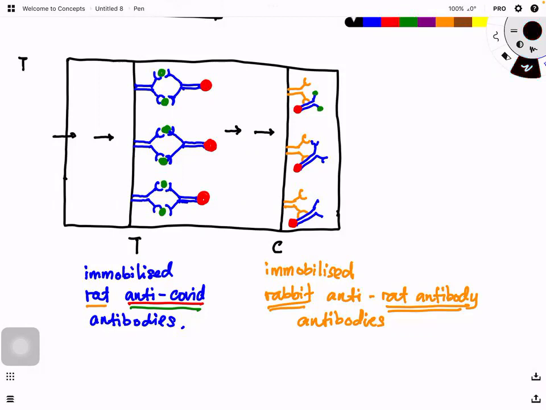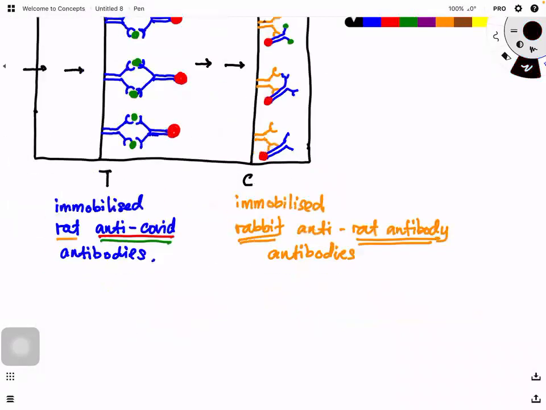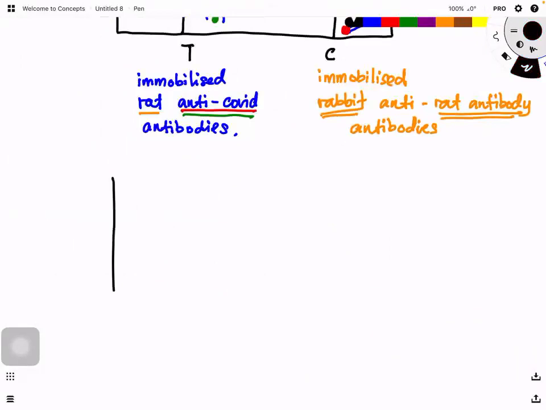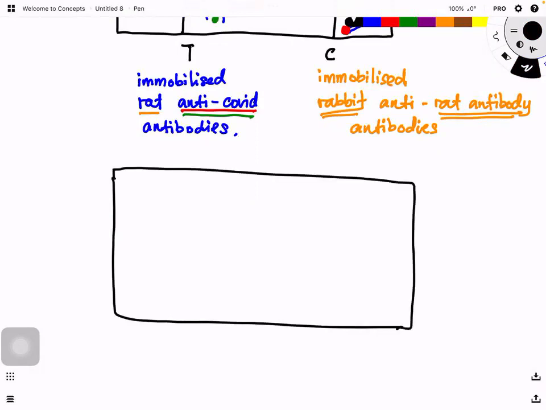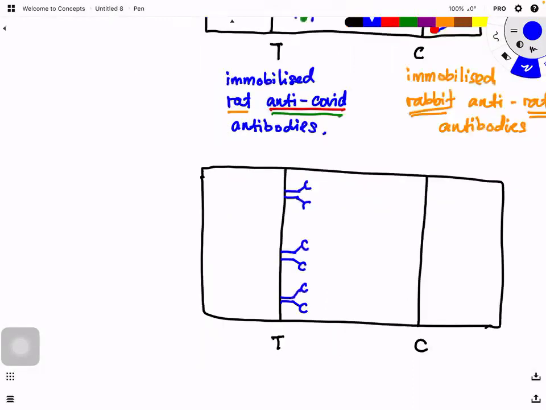Now, how about negative? What will happen in negative? Now, if negative, you'll be able to explain to your parents now. So T and C. At T, you have the immobilized monoclonal antibody. Now, if there is no COVID,